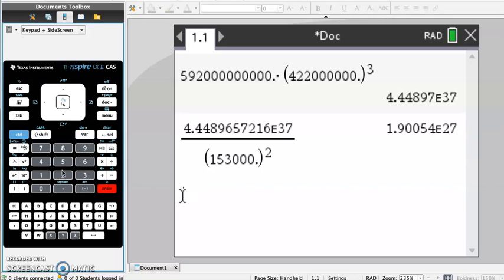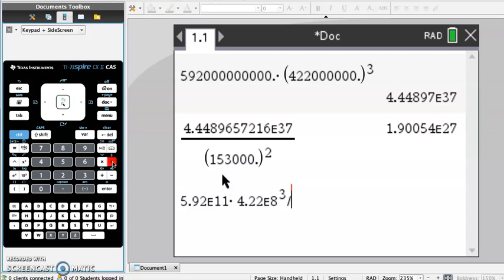If you're not careful with your notation, sometimes a common problem with using your calculator is it doesn't use the order of operations properly, and that's why it's important to use the E notation. So if I take the constant times the radius cubed, 4.22 E8 raised to the third, you can do it all in one step. There's the problem though. When you hit divided by, it's dividing the power, so you have to be a little careful. So once you do this, you can just press to the right, get your regular screen, divide that quantity